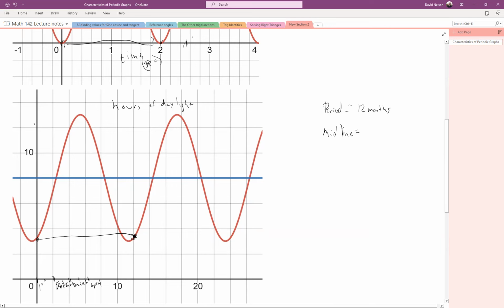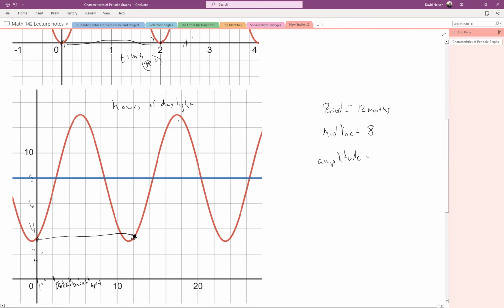10, I'm counting by twos, I think, on the vertical axis. 2, 4, 6, 8, 10. So I'm counting by twos there. My midline is at 8, and the amplitude